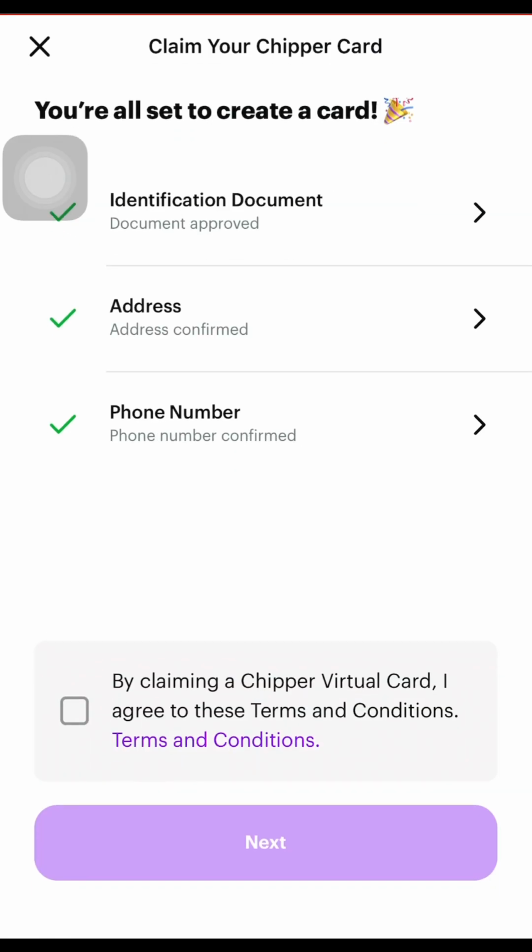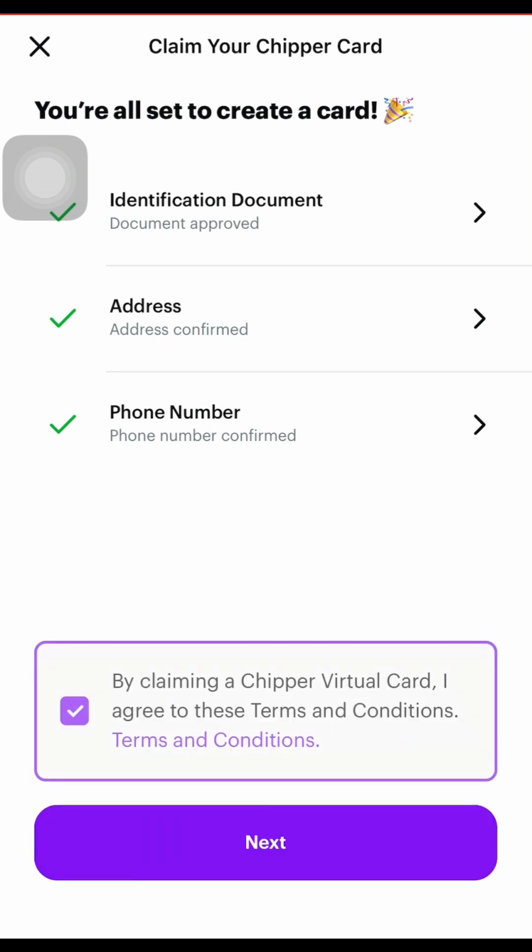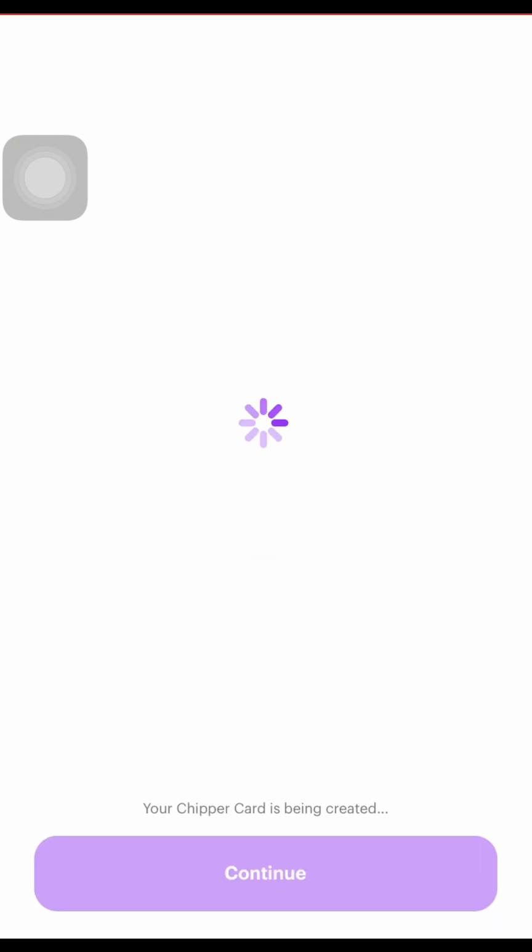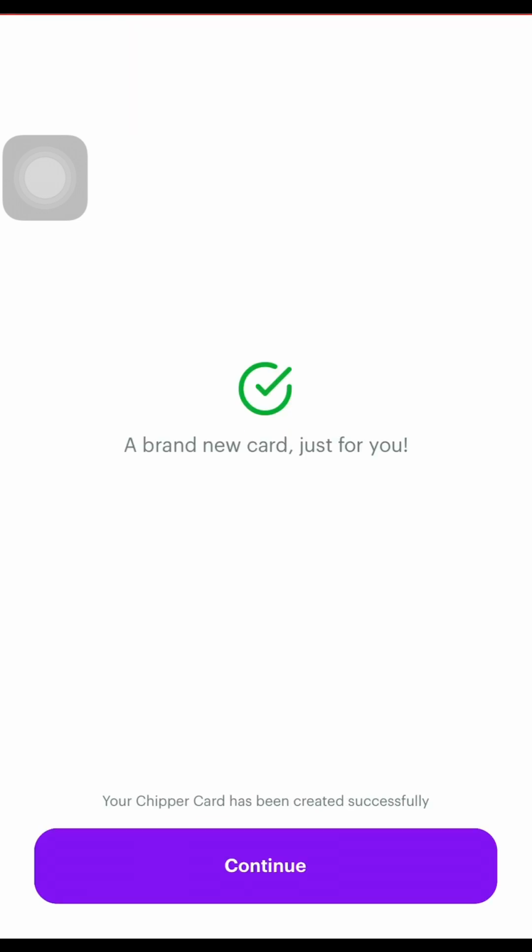Once you click on claim card, I told you that before that time you must have got your account created. So you can see that my means of identification is verified, my address is verified, and my phone number is verified. Check this box to accept their terms and conditions. Next, click on next, and while we wait for this card to be created,